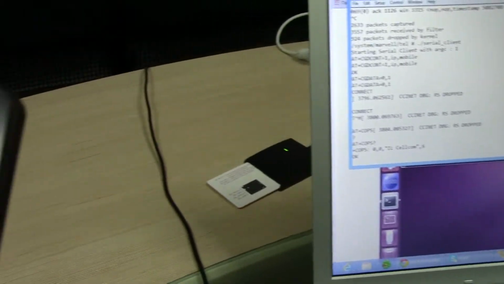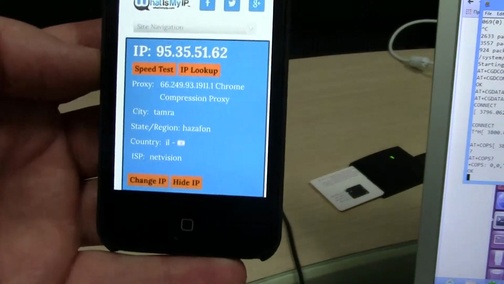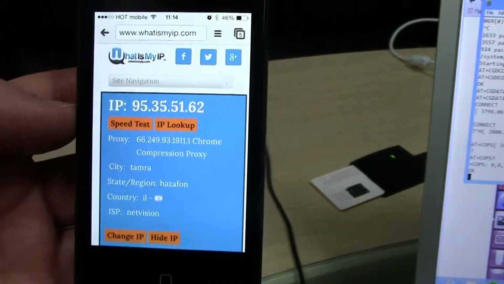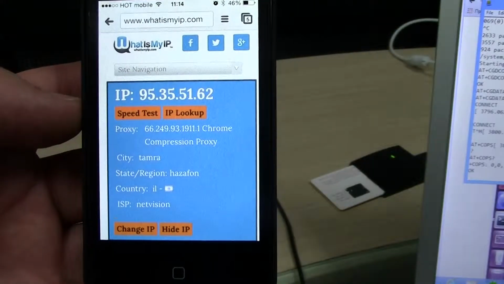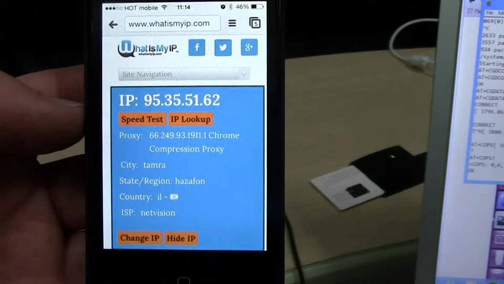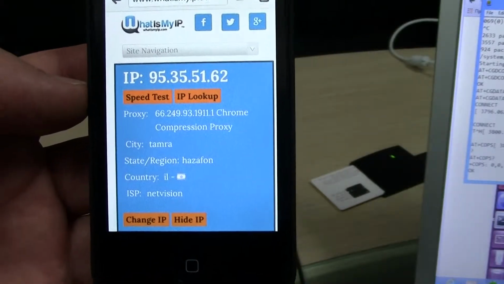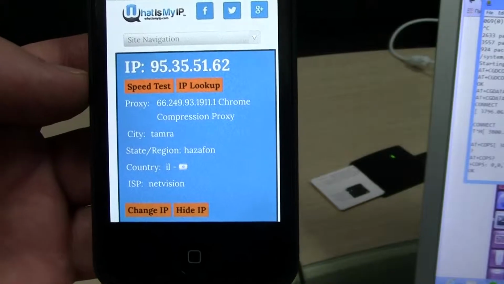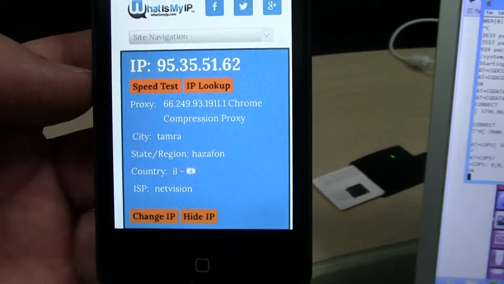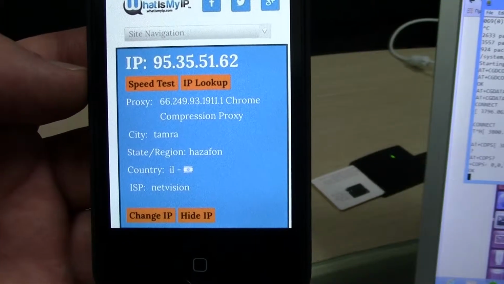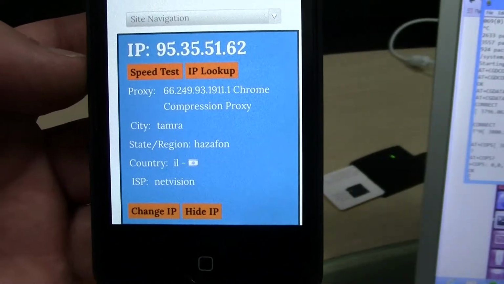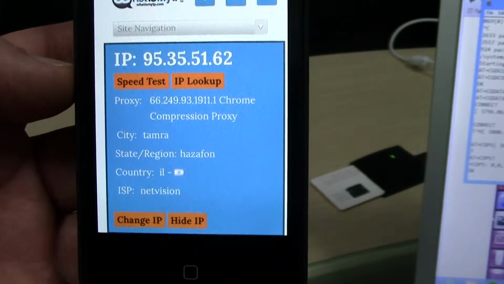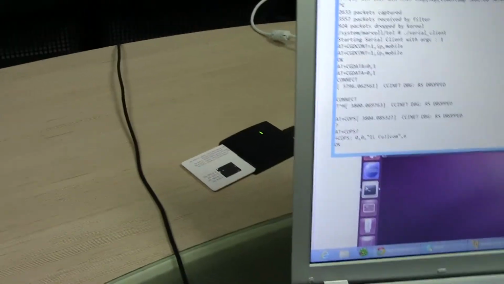And here you can see that the iPhone is connected to the Wi-Fi, which is on the 3G, and you can see that the ISP of this connection is NetVision. Now NetVision is a Cellcom provider for data. So we see now that after we connected via the remote SIM, which is here, okay, and this